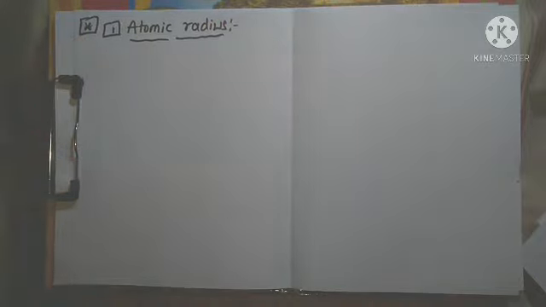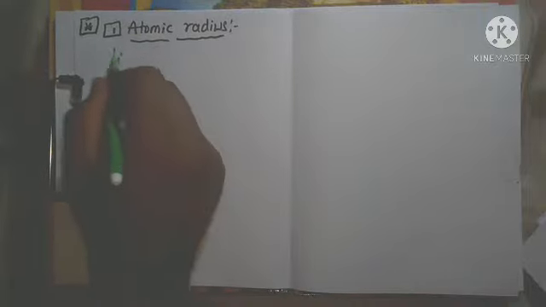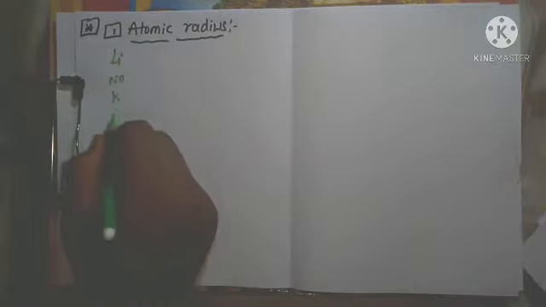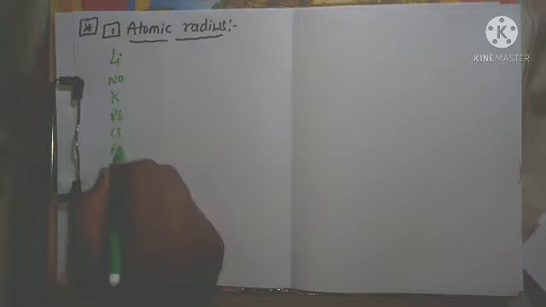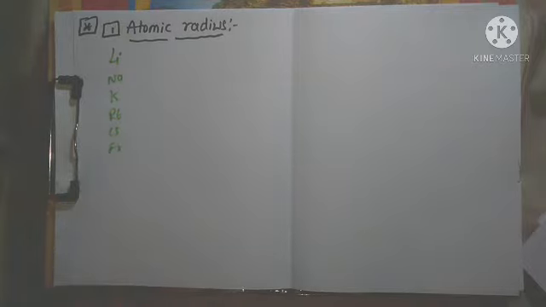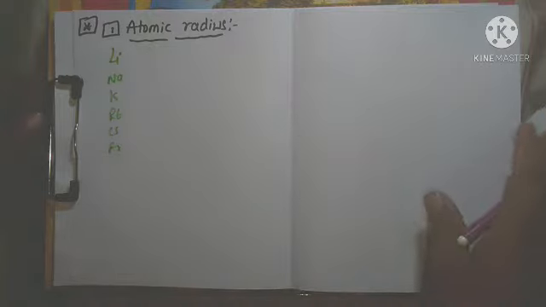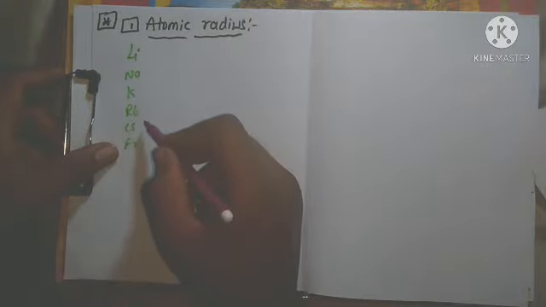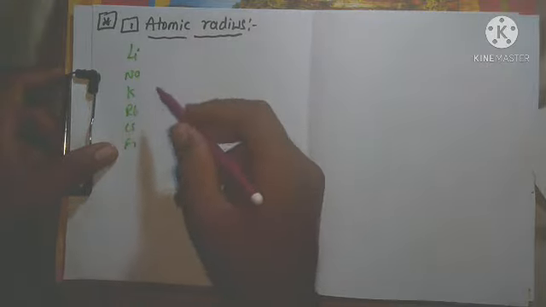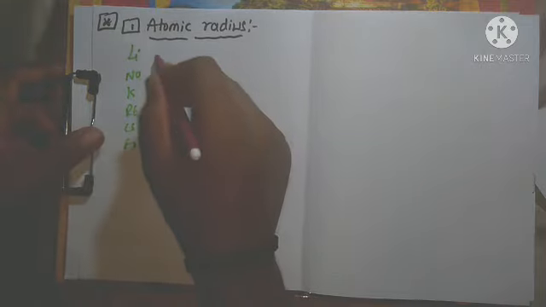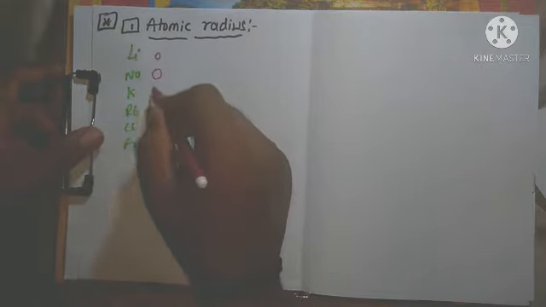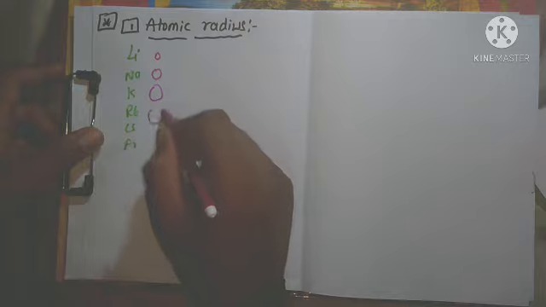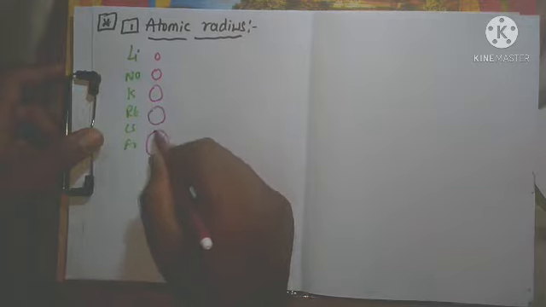What are the group 1 elements? Write down all the elements. Lithium, sodium, potassium, rubidium, cesium, francium. These are called group 1 elements. Now you know how the size changes from top to bottom; you already wrote the exam on classification of elements. Top to bottom, lithium to francium, how does the size change? Decreases or increases? It increases. Along the group, the size or the radius of the elements goes on increasing.